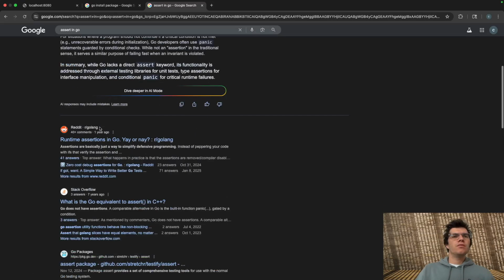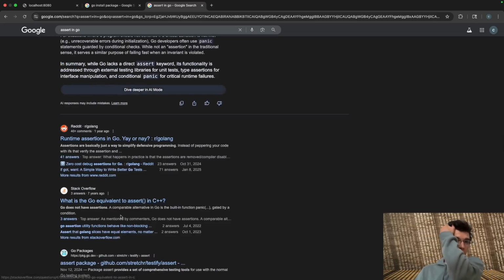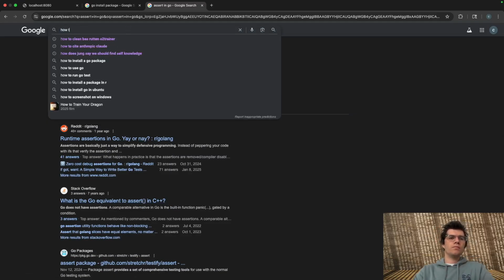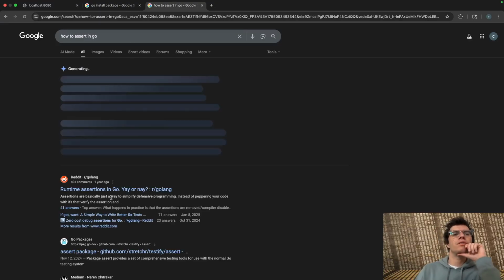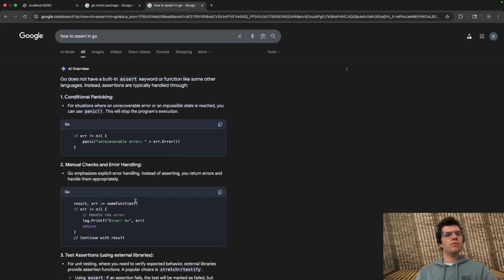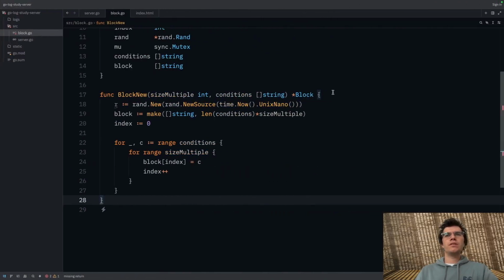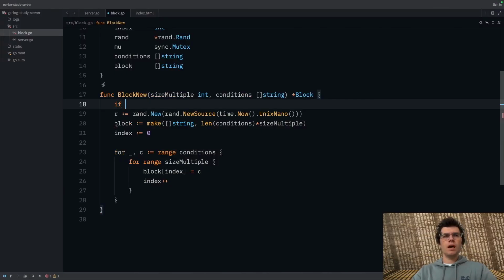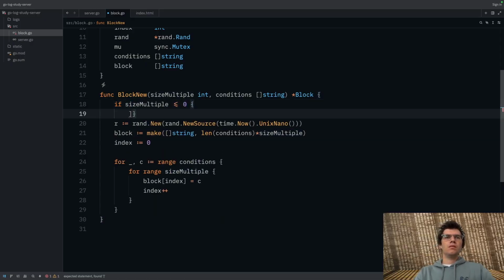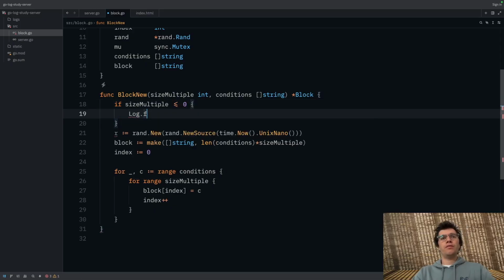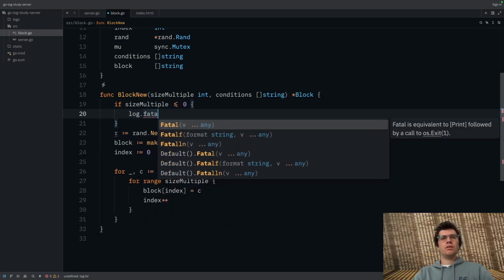It is commonly used for Go. I want to do... actually, I can't do that, is this the closest we get to it? Okay. So what we can do is say if, because I'm just going to make it fatal. I don't want to do this whole error thing because it doesn't really matter for me. So I want to do if size multiple is less than or equal to 0, I'm just going to break, because I don't want this thing running at all, to be totally frank.